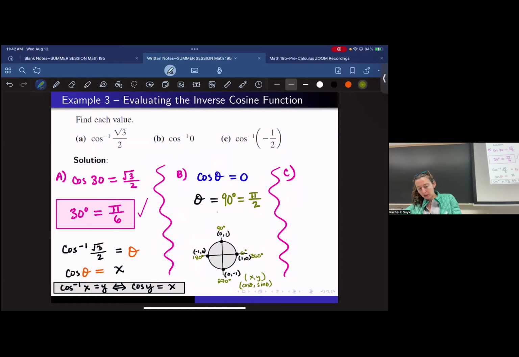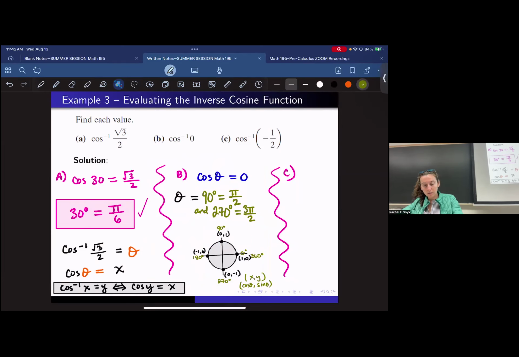And 270 degrees, what's that conversion in terms of radians? Good. Yes. And then last but not least, we have